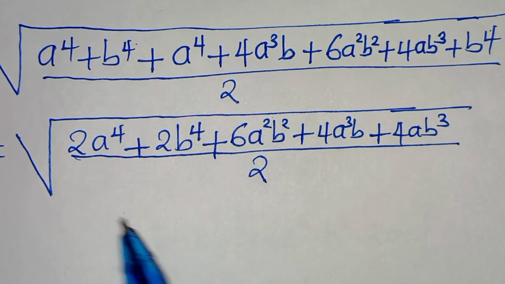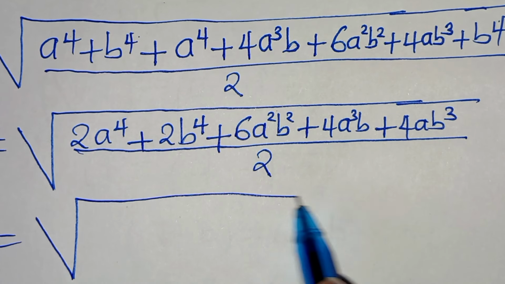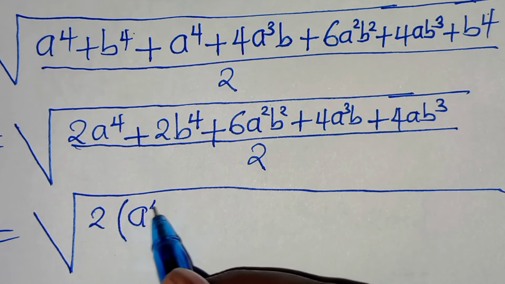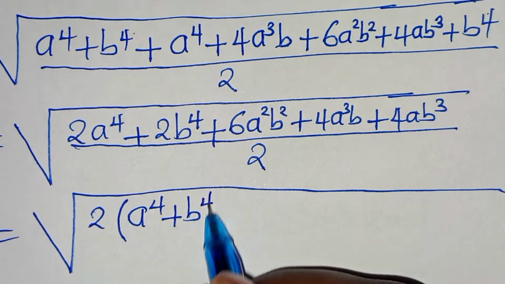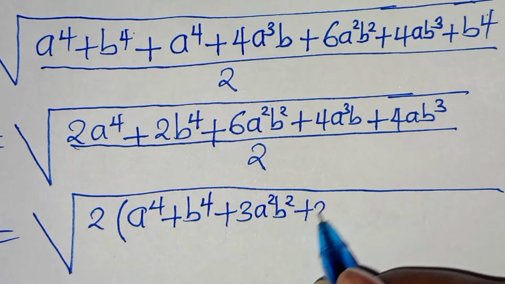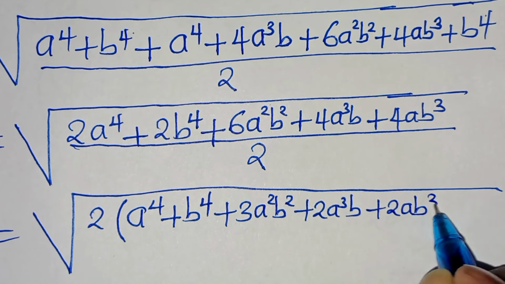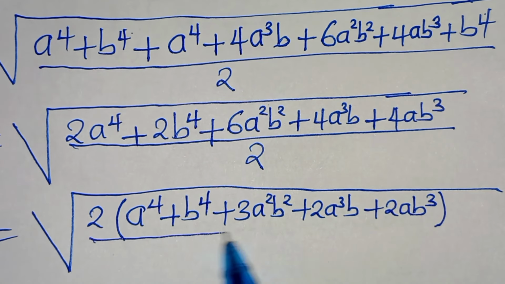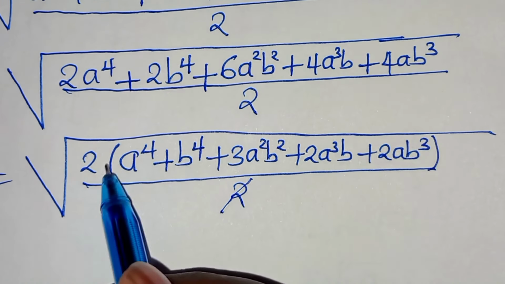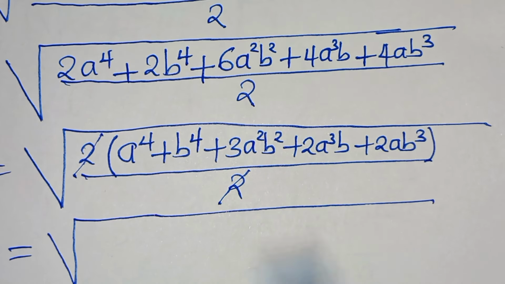The next step from here, we have that 2 is common. So let's factor out 2, so that now we have 2 into the parenthesis. This is a to the power of 4 plus b to the power of 4, then plus 3a to the power of 2, b to the power of 2, then plus 2a to the power of 3, b, then plus 2a, b to the power of 3, everything here inside the parentheses, then divided by 2. So we can simplify 2 and 2 here. And it follows that here we have the square root of